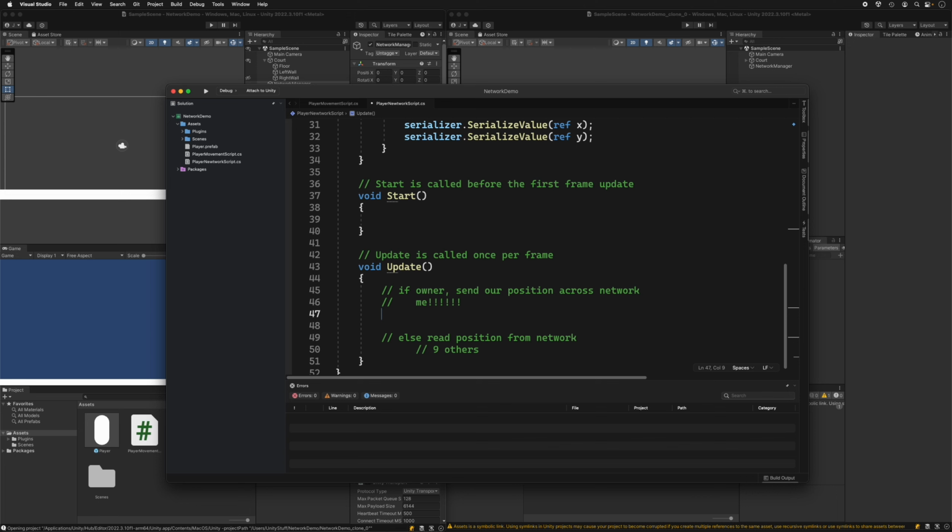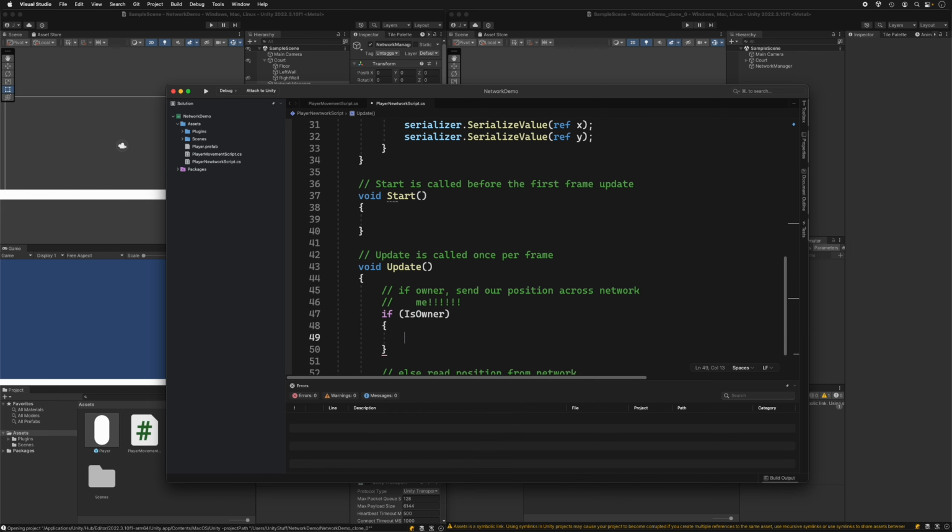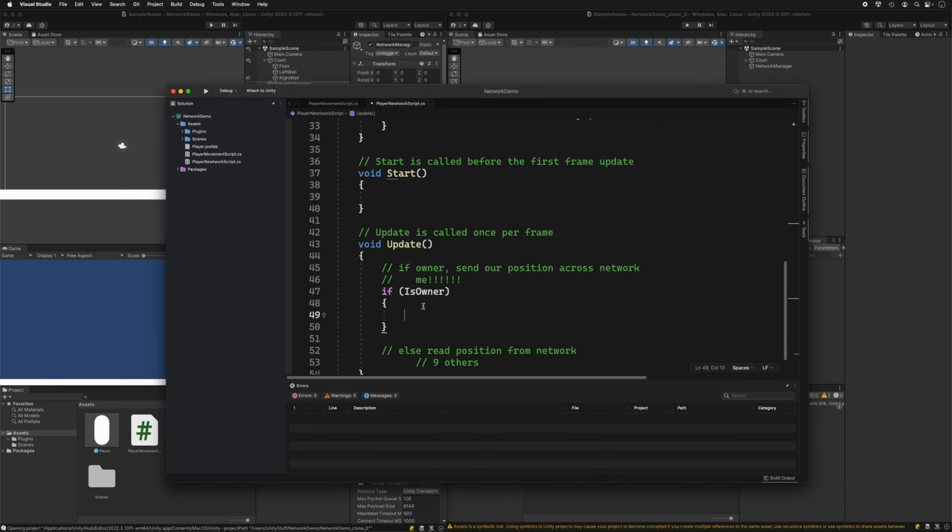So what we'll do is, we'll say if I am the owner. So we get this is owner, right? What do we want to do? We want to send my position. So what we have to do is make a variable that is going to allow us to send this